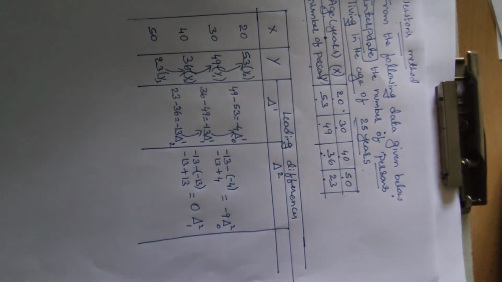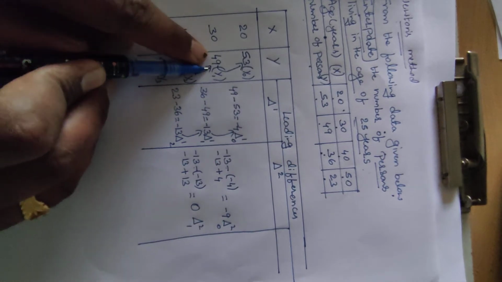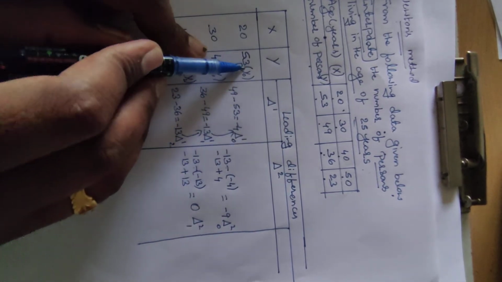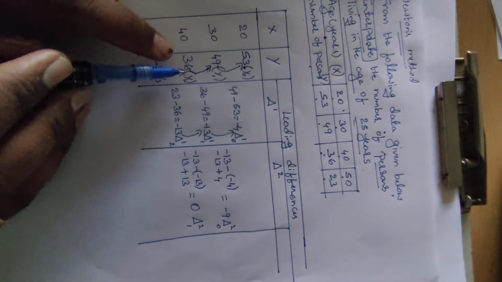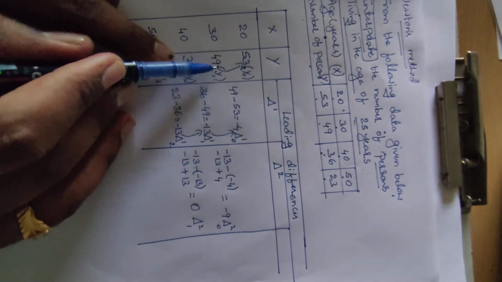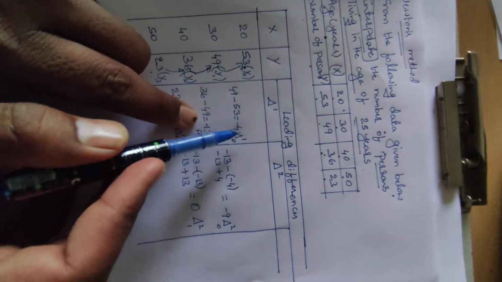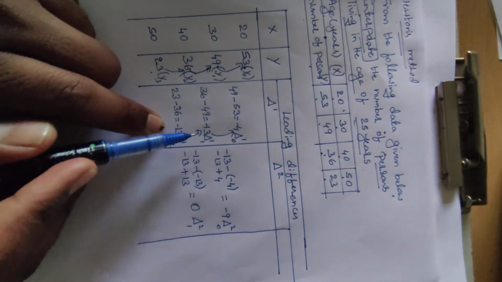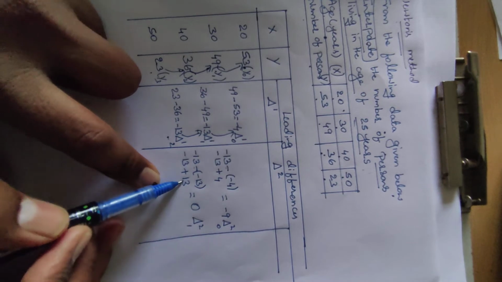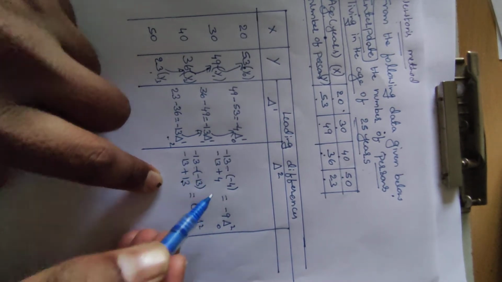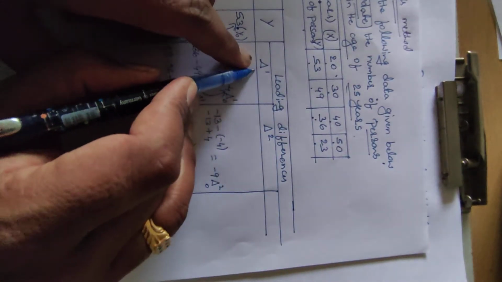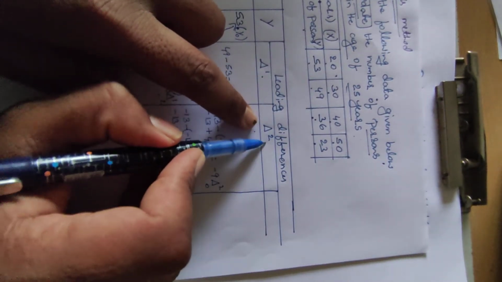So we have to do the leading difference: second value and previous value, means next value, second value, and we have to do a difference with the previous value. Same like that here, third value and second value, fourth value and second value. Coming to the next column, second value and first value, third value and second value. Coming to this one, same like that. So second value and first value we have to do a difference. Delta power of 1 is over, delta power of 2 is over.